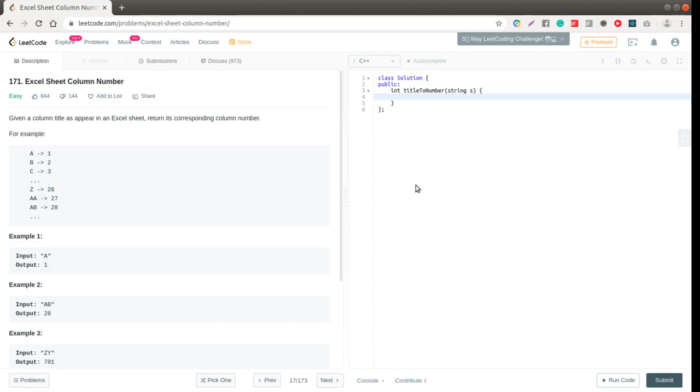So let's look at some examples. For example, AB. To convert it, we will just multiply A by 26 and then add B. So, I mean, we will multiply 26 by A, which is 1, and then we will add B, which is 2, and we will get 28. Let's look at more